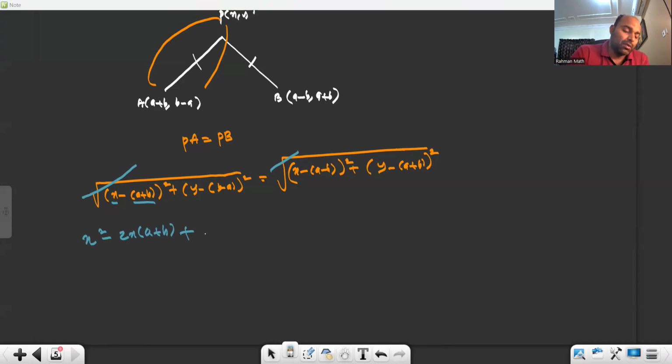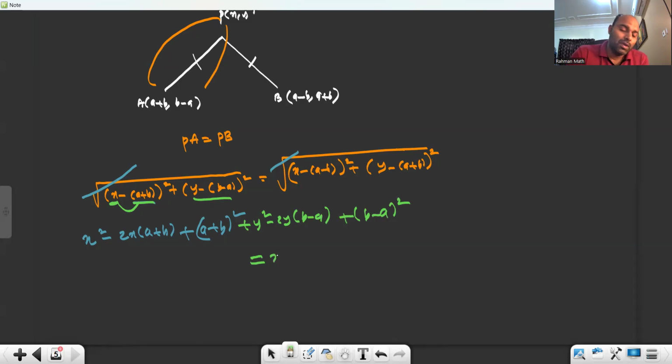2ab plus b square. Don't forget about this. This is your a and this is your b. a square minus 2ab plus b square. Same way this also: a square minus 2ab plus b square equal to